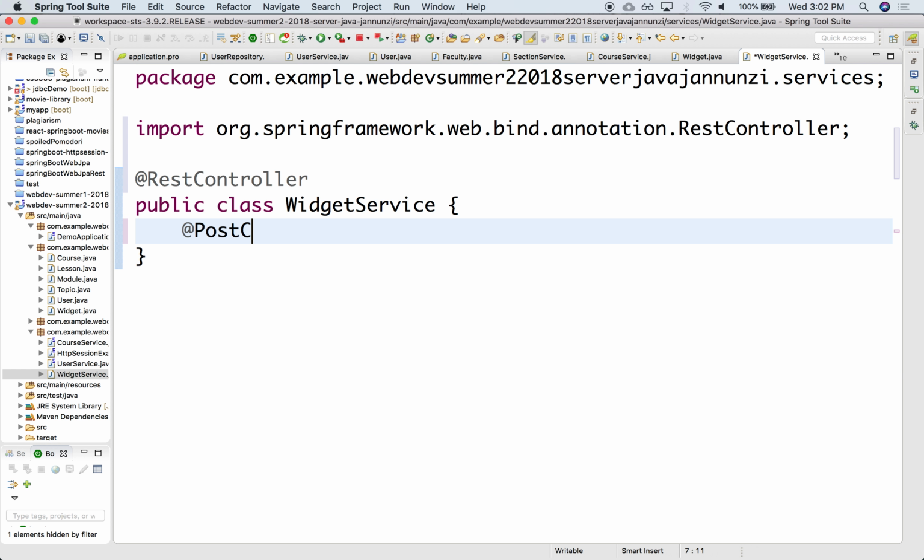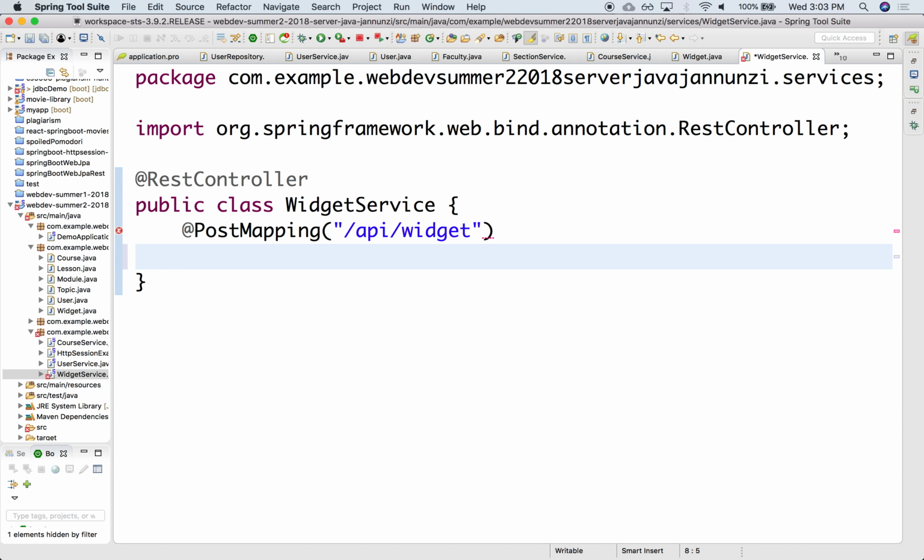So we have a post mapping that is listening to /API/widget, meaning that when we get a request on that, we're going to execute the following public function that is going to save widgets,